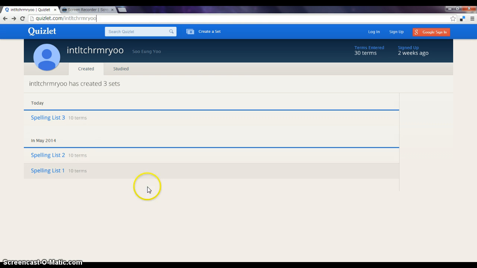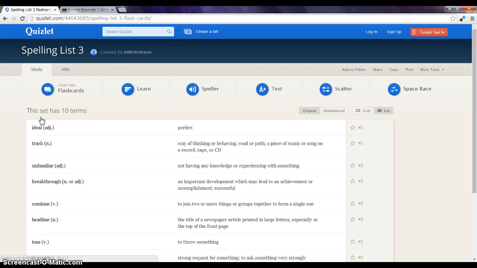Okay, and over here at the bottom it says spelling list 1, and then next spelling list 2, and at the very top of this list it says spelling list 3. So you can click each spelling list, and once you click it, it will show you the words in that spelling list. Okay, well, why don't we look at this week's spelling list then? Okay, so I'll click spelling list 3,